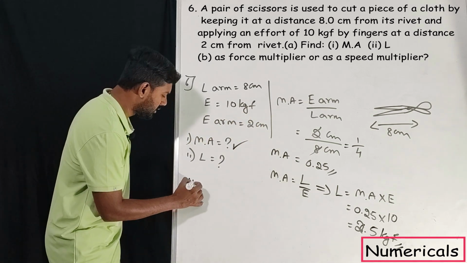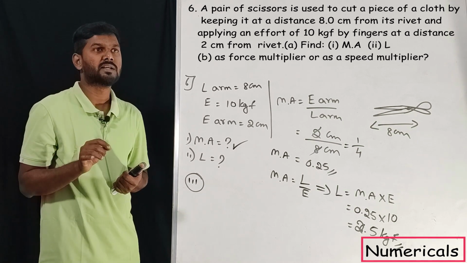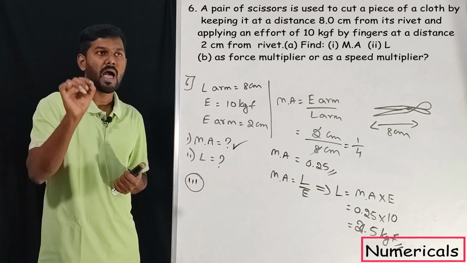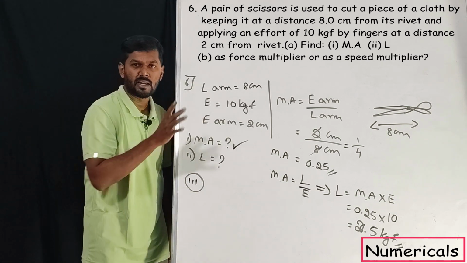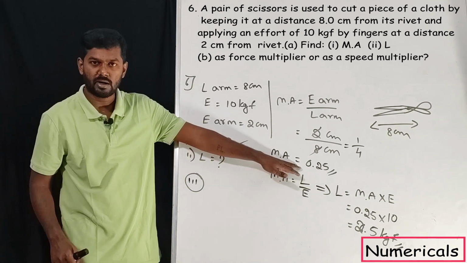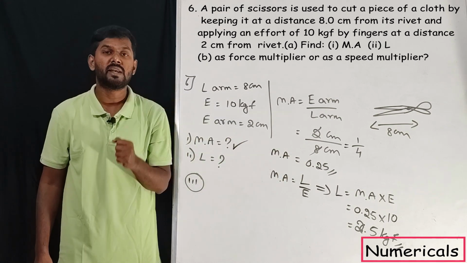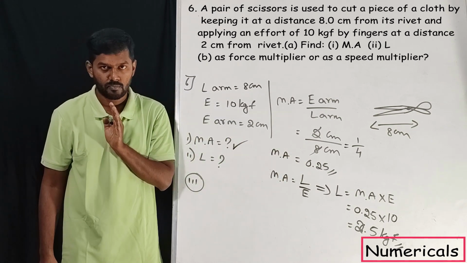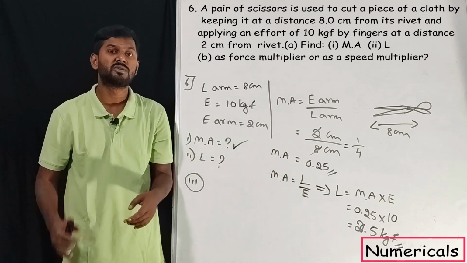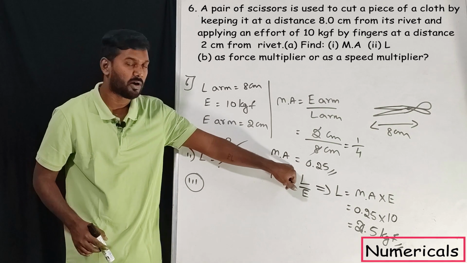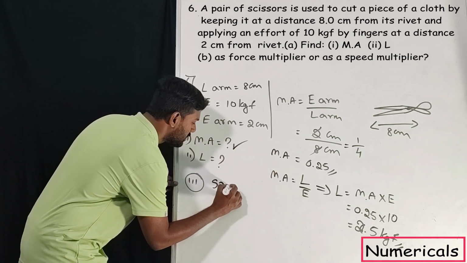Okay, now the third one. See, whether it is acting as a force multiplier or speed multiplier, that depends upon the mechanical advantage. If the mechanical advantage value is more than 1, then it acts as a force multiplier. You are getting my point? If the mechanical advantage value is more than 1, then it is a force multiplier. If it is less than 1, it is a speed multiplier. So the answer for this question is